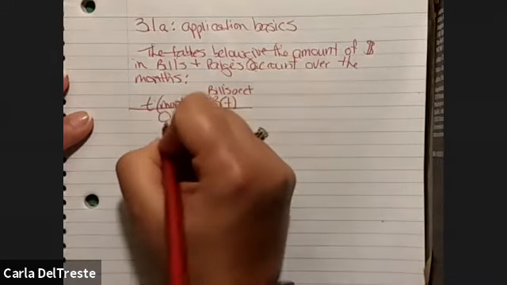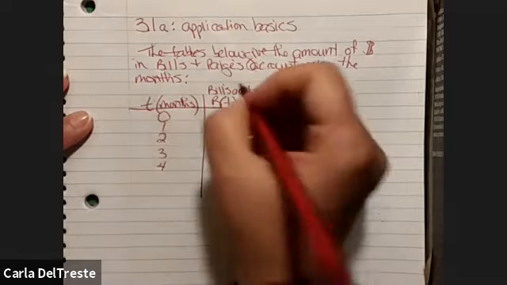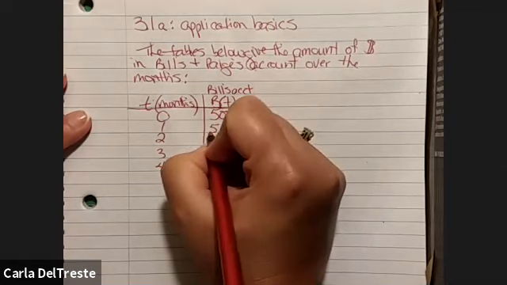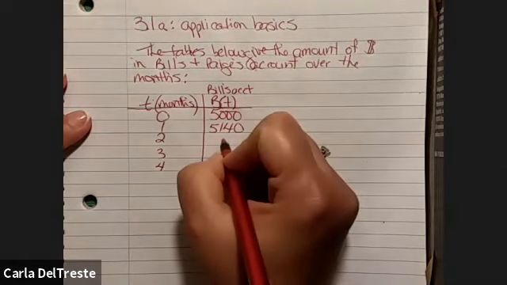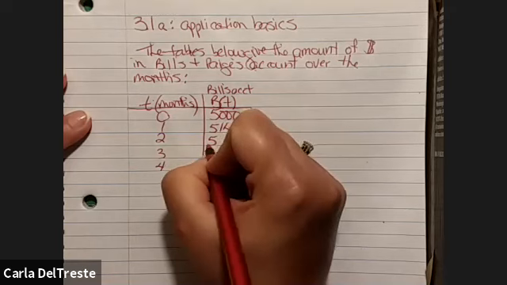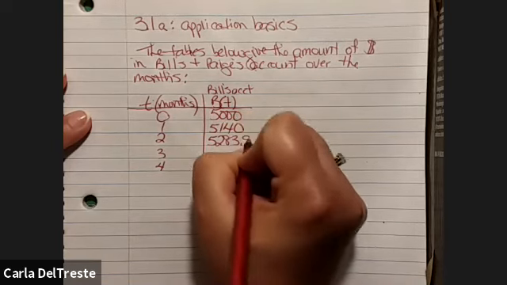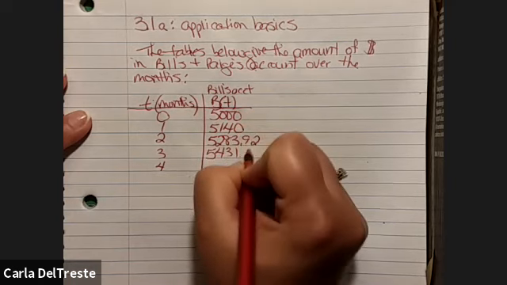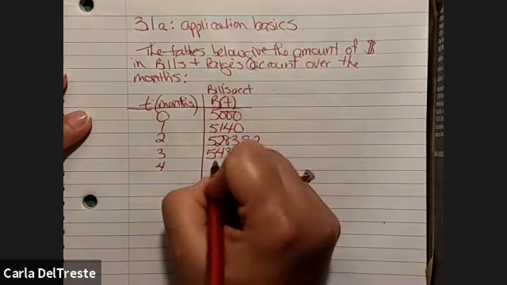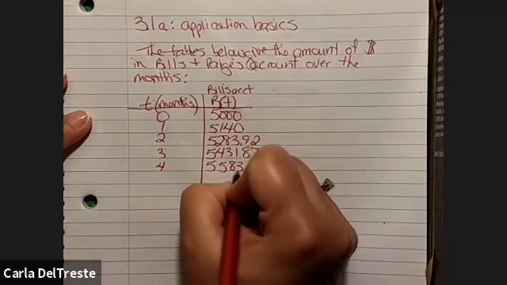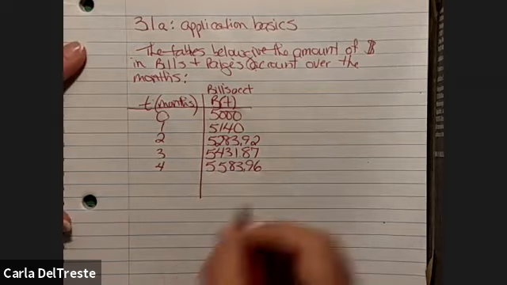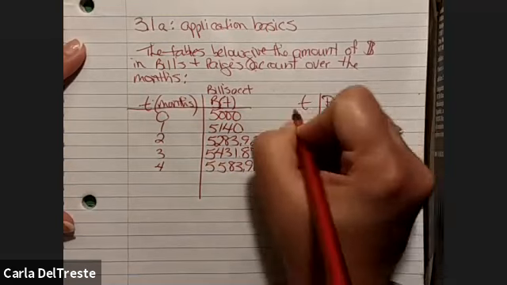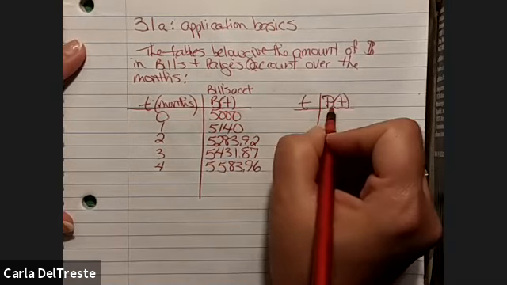Okay, and we have 0, 1, 2, 3, 4. And we start with 5,000. And we go to 5,140. And we go to 5,283.92. And we go to 5,431.87. And we go to 5,583.96. And then we have T, and we have P of T, again, months, but this time it's